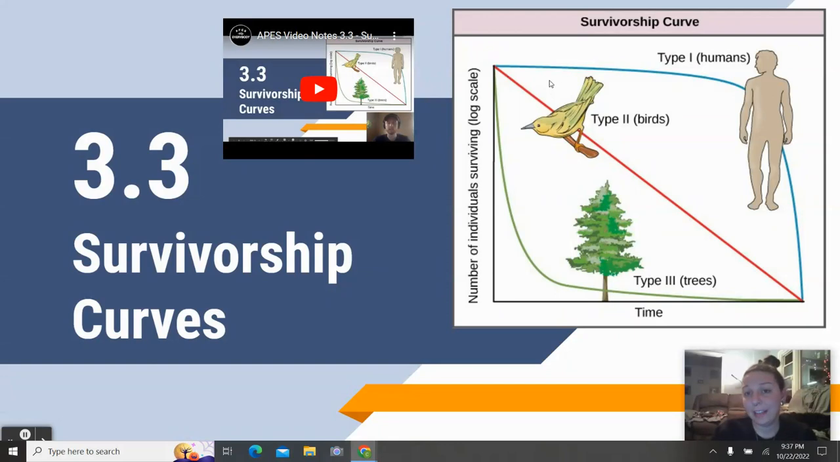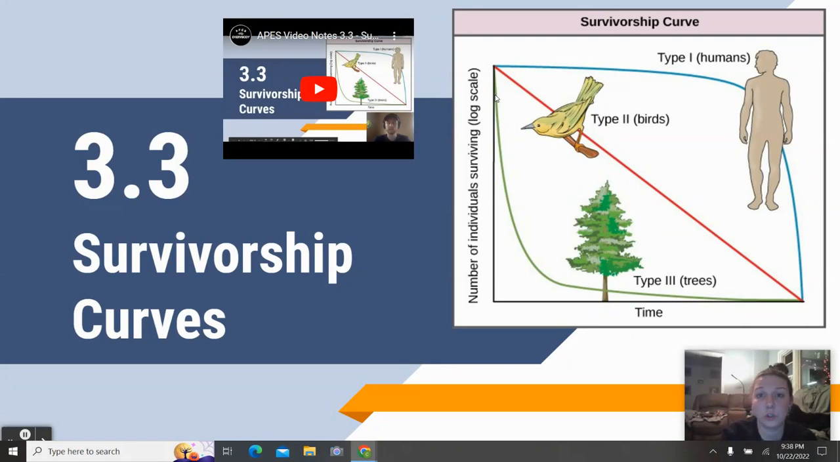So you can see that as time is early in an organism's life, if we're looking at type 1 here, there's a very high number of individuals surviving. So our humans are an example here. So most humans are going to survive infancy and childhood. And so you see a very high number of individuals surviving, but once we reach old age, that number rapidly declines. Whereas with our trees over here, that's going to have low survivorship as